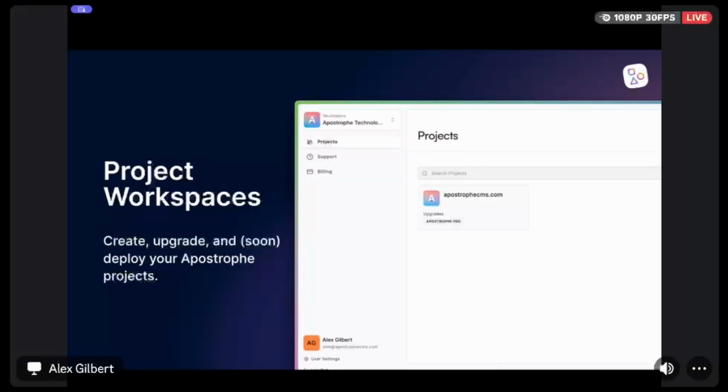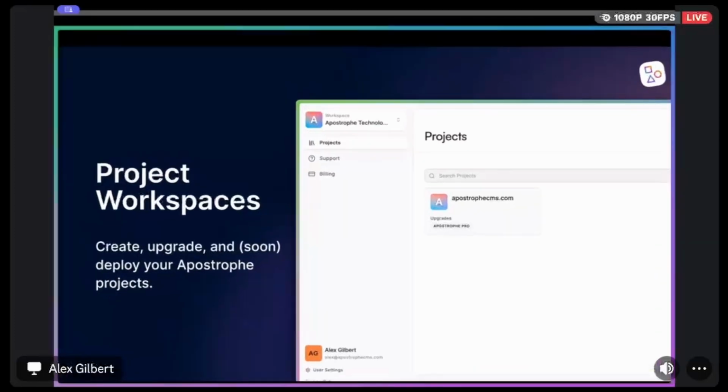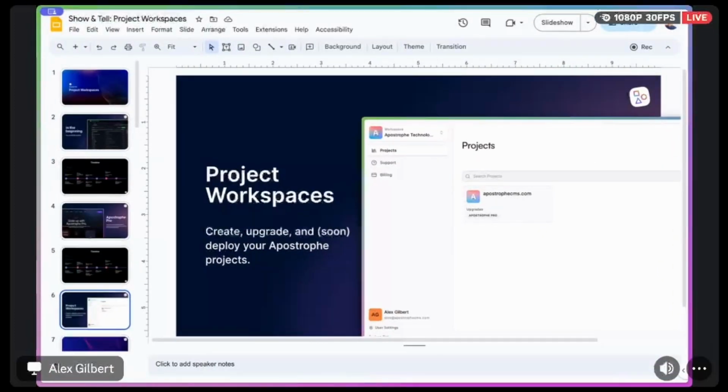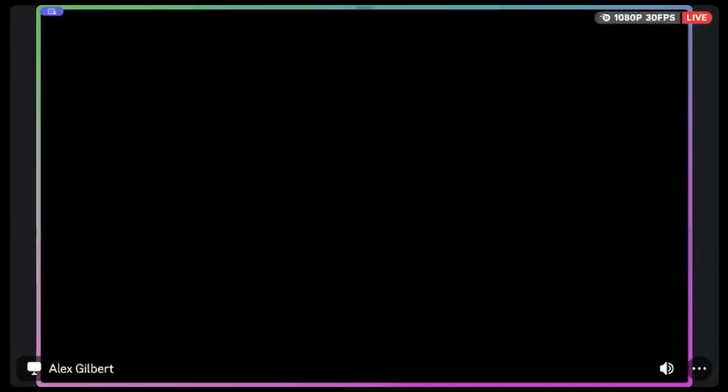So with that in mind, I'm actually going to jump into a live demo of what this thing is, and then hand it over to Tom. So let's take a quick look. If I just go to Apostrophe CMS,